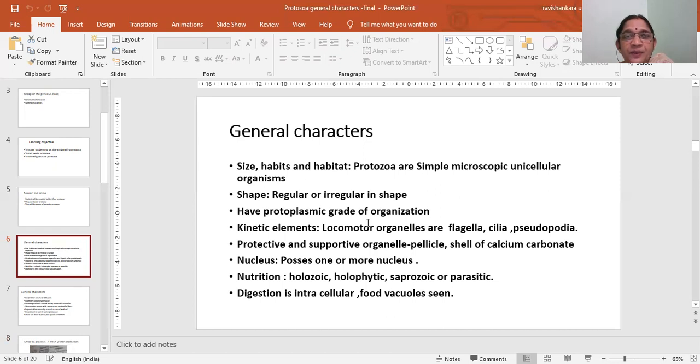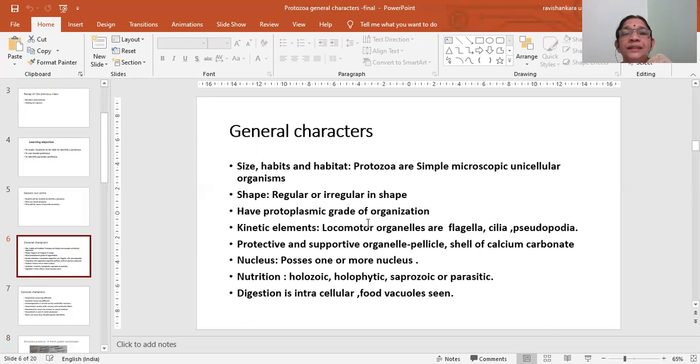And where do you find protozoa? Protozoa occur universally, everywhere in aquatic habitats. They need water, either body fluid or water around them, for their survival. Then the habits of protozoa: they live various kinds of life. They may be free swimming, or attached to some organism like parasites, or living in soil. They will also be found as commensals inside certain organisms. Parasites, commensals inside certain organisms, and also free swimming. So they show diverse types of habits.